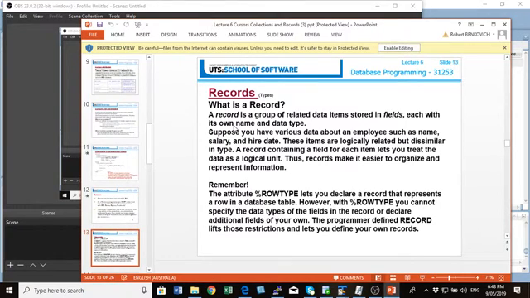And again, from the book, a record is a group of related data items stored in fields, each with its own name and data type. This is a definition of a table, if you like. Suppose you have various data about an employee, such as name, salary, and hire date. These items are logically related but dissimilar in type. A record containing a field for each item